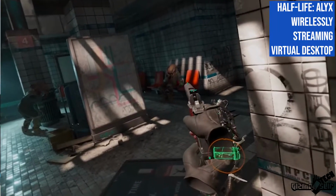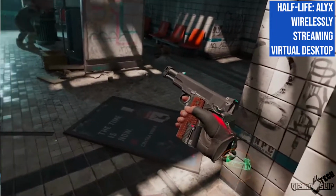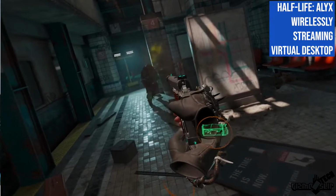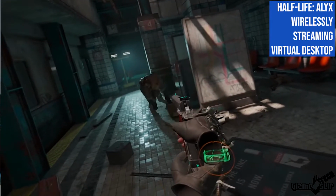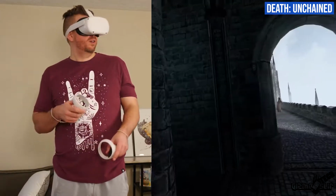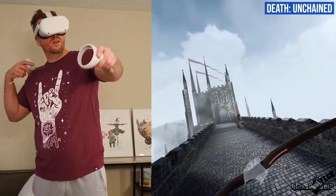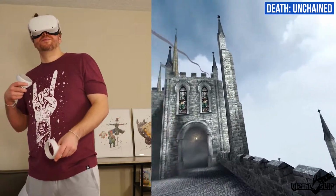But of course, you'll need a gaming PC to be able to do that. Now, because these Quest games are stripped down to be able to run on a smartphone processor and GPU, sometimes the graphics are not as high as on the PC version. I'd say most of the time there are reduced textures and reduced post-processing effects, but the good news here is that the core gameplay remains the same, making the experience still just as fun, in my opinion,